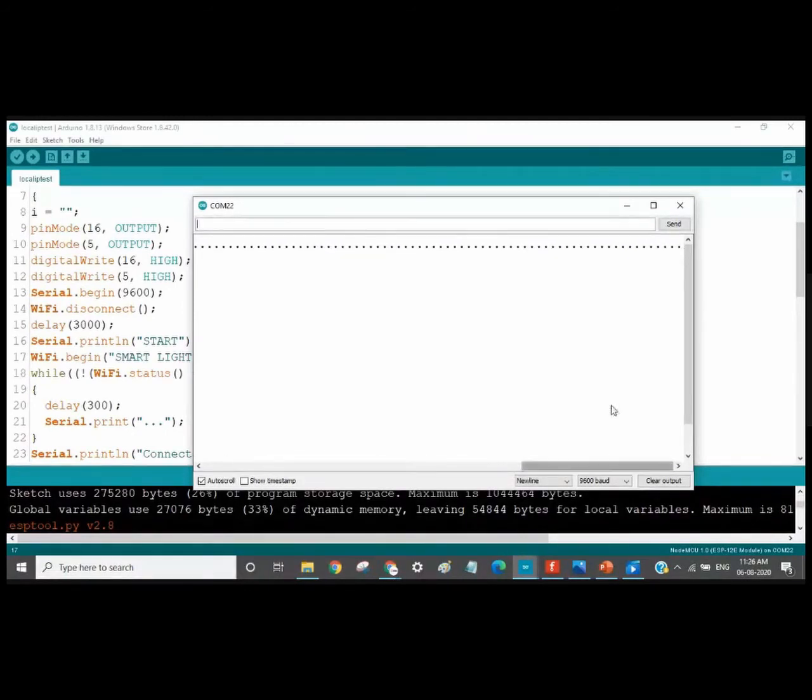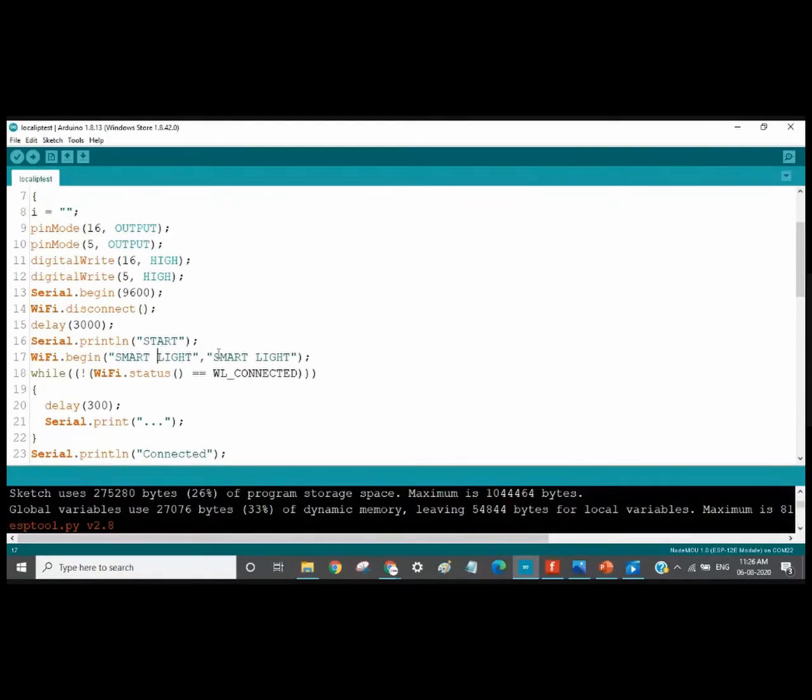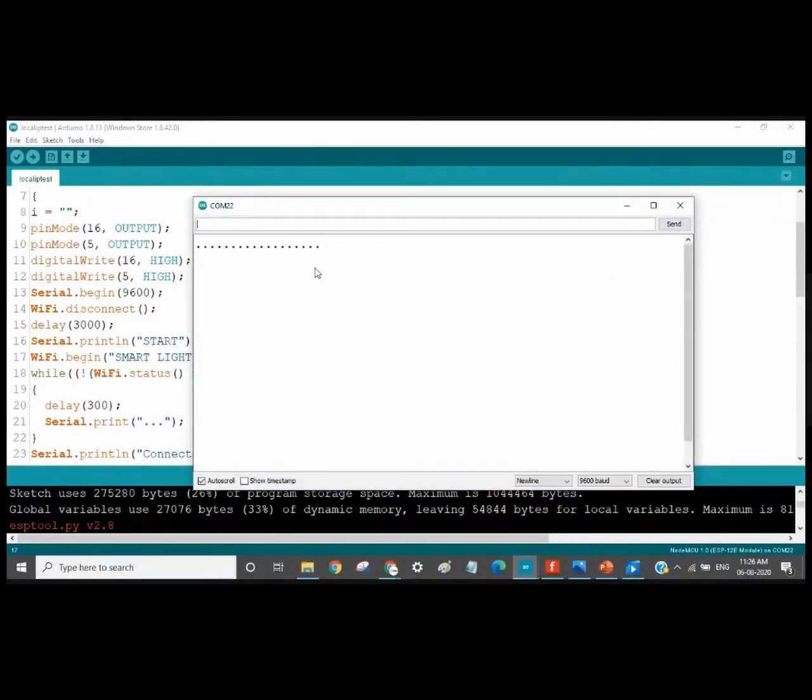Okay, so now what I will do is I'll switch on my router, that is my mobile hotspot, right? This is the name of my mobile hotspot and this is the password. Okay, so I'll switch on this thing. Now we will again go to the serial monitor, and now we can see that it is connected and the IP is similar, 192.168.43.128. Okay, so my IP hasn't changed, but it can also change. Don't consider that it will not change always, it can change.